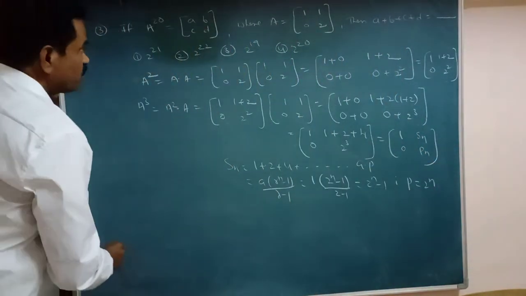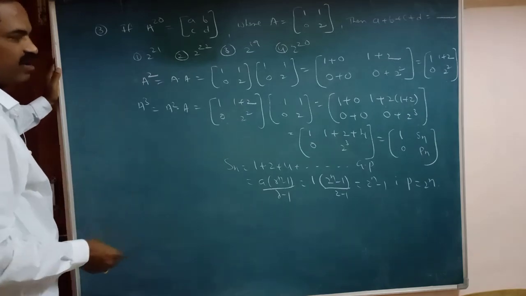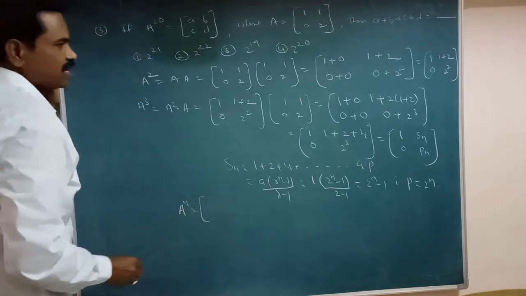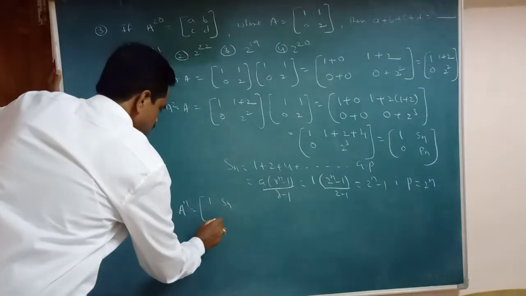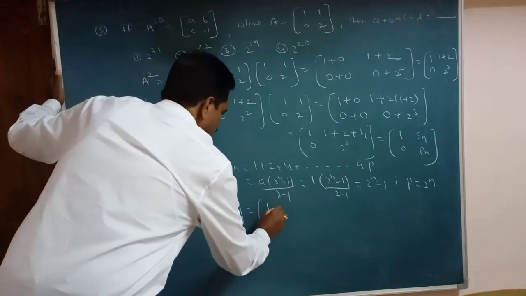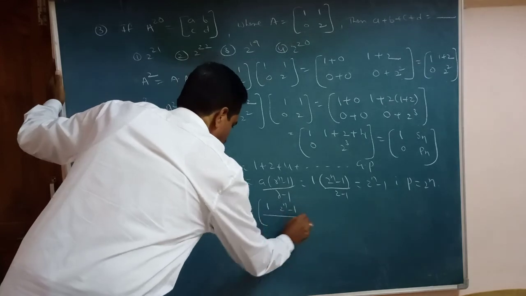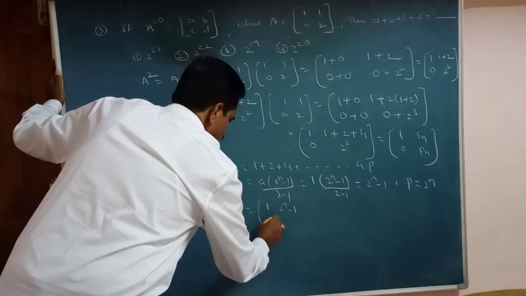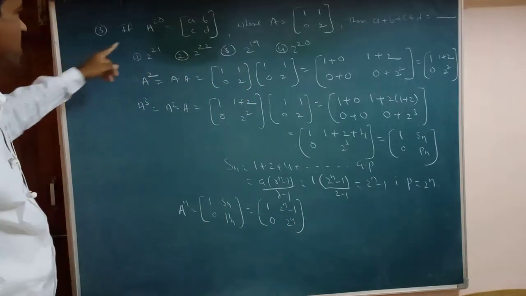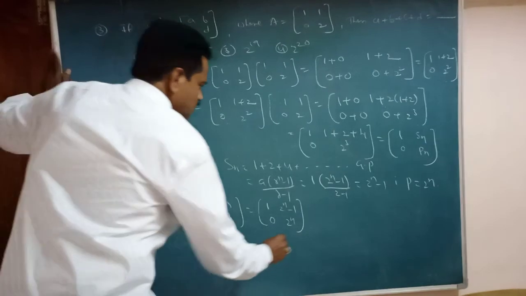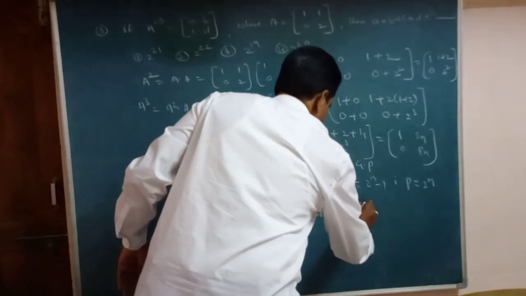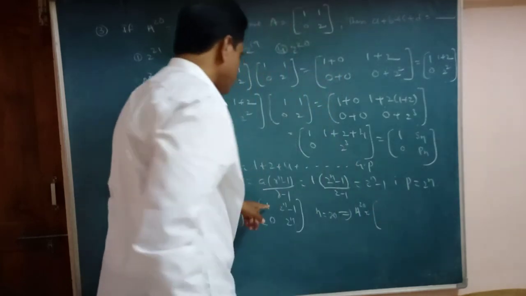Therefore, what have we found here? A power n equal to 1, Sn, 0, Pn. Sn is 2 power n minus 1, and Pn is 2 power n. So A power n is 1, 2 power n minus 1, 0, 2 power n. So what will we find? A power 20: put n equal to 20 and substitute here. Then A power 20 equals 1,